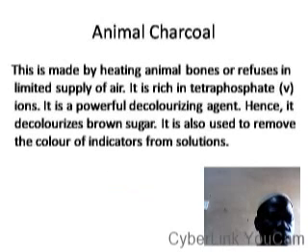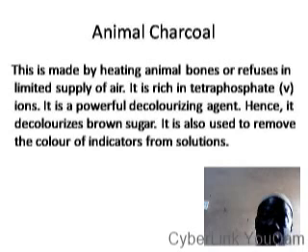Next is animal charcoal. As you can observe, we called sugar charcoal because it was made from sugar. We called wood charcoal because it was made from wood. Similarly, animal charcoal is so named because it is made from animal remains, like animal bones or animal refuse. When either animal bones or animal refuse is heated in limited supply of air, we obtain what we call animal